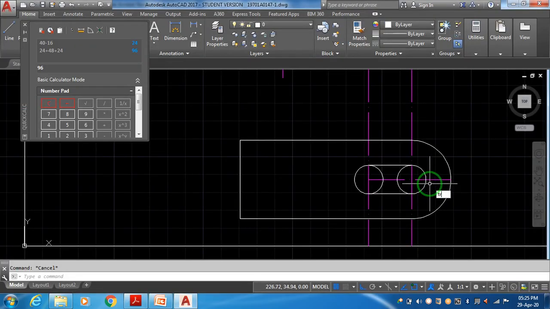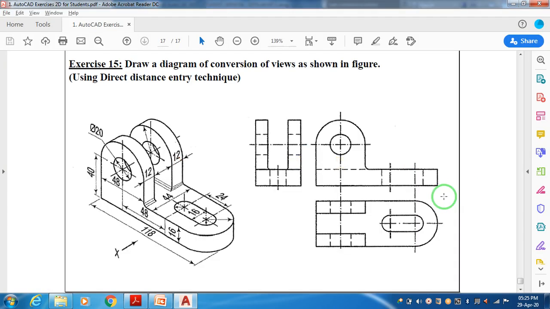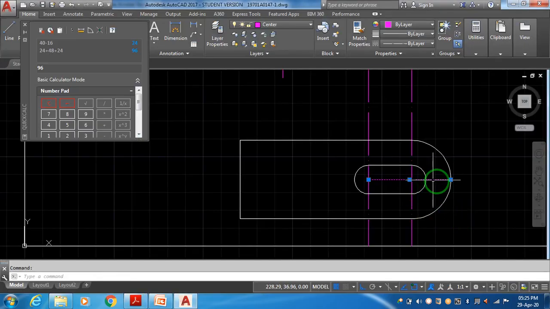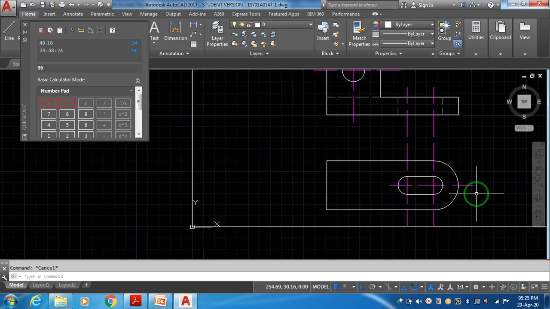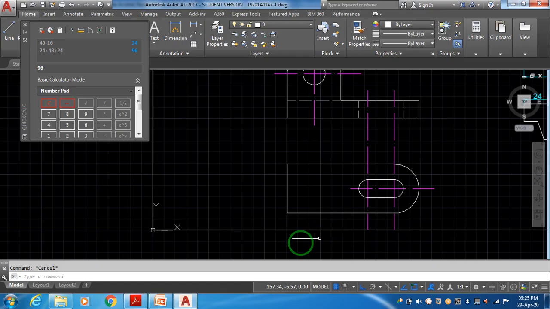So the command, you remember, trim, double enter, boundary, inside this one. Now if you see, it is as it is. Now if you want to stretch that, try to stretch it a little bit outside to show it as an axis. See, there is a break here. This only has to be taken, nothing will happen. We are extending.